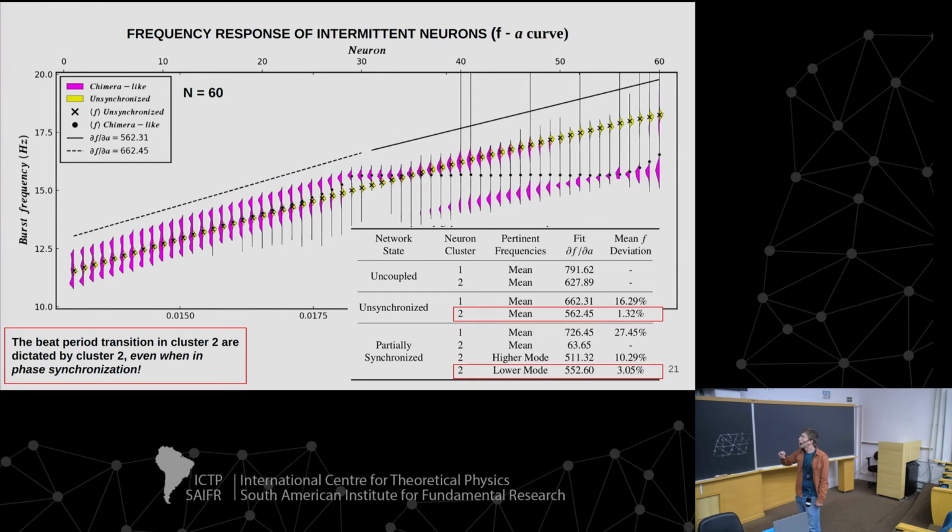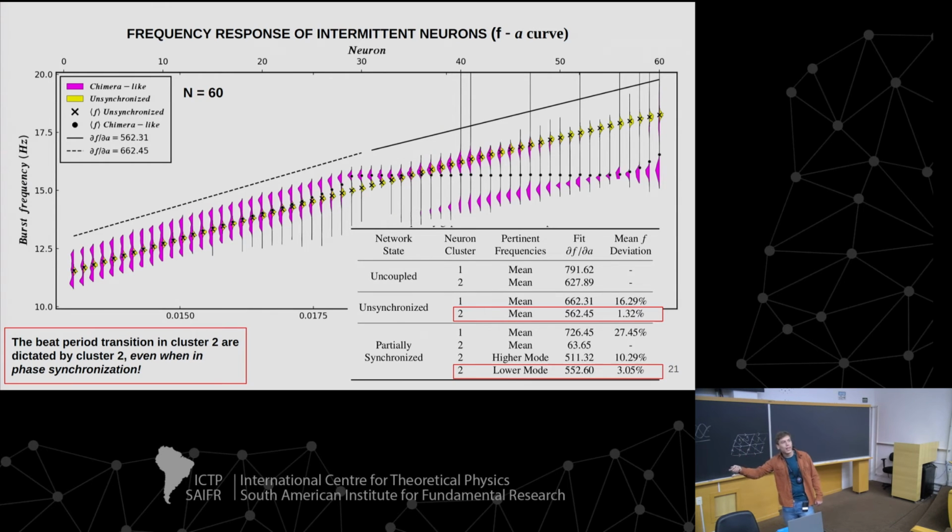And then the beat frequency can explain the phase transition in this model from unsynchronized to partially synchronized state, and also from partially synchronized to unsynchronized state. That was not expected, and we do not have a complete explanation for that yet. This is quite interesting, because even though the oscillators are in phase, they retain the intrinsic frequency difference I imposed at the beginning. So this is a quite interesting state for the network.